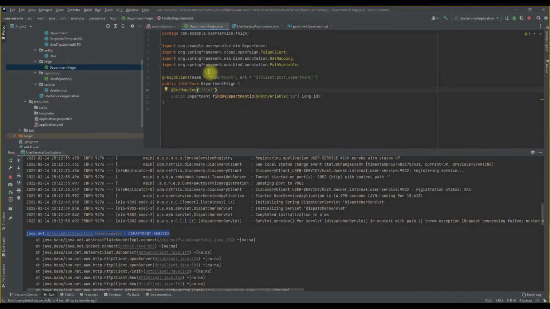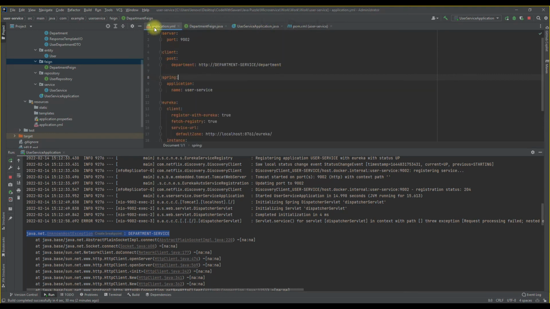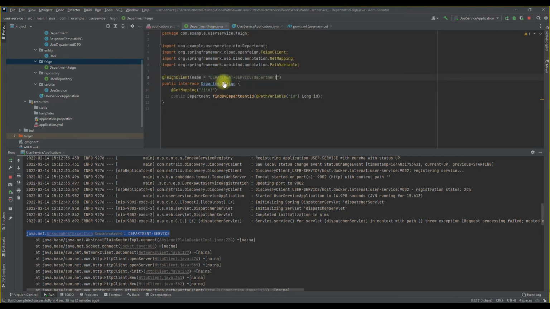So here I just remove this URL. And here I have to copy from here department service, and that I have to pass inside the name section. Okay, the rest will remain the same. When I run this,